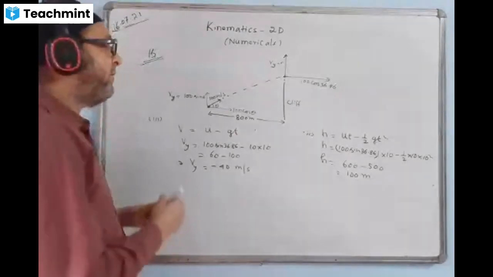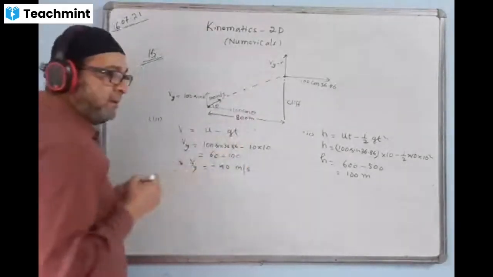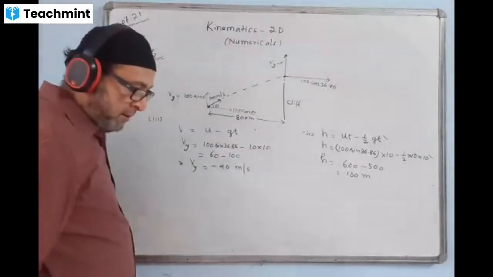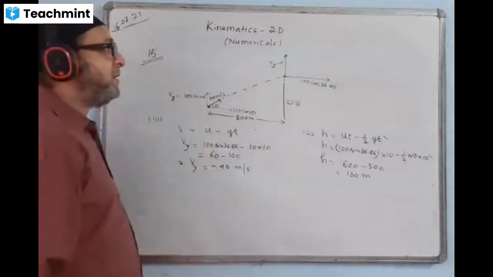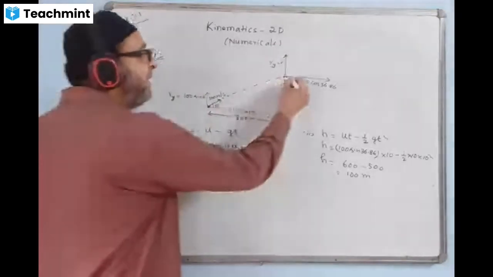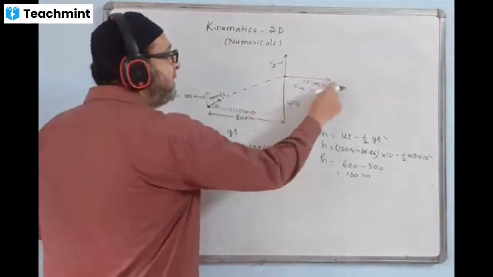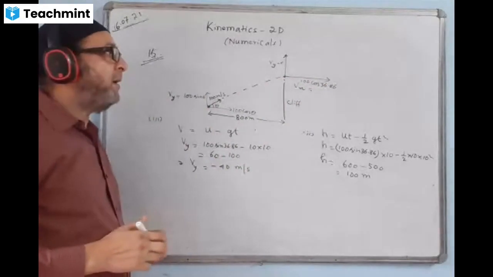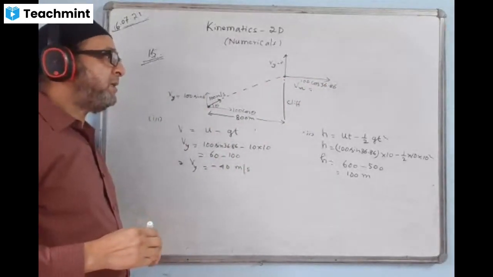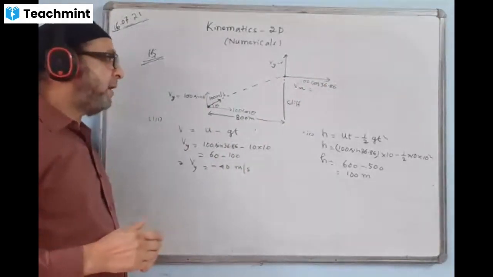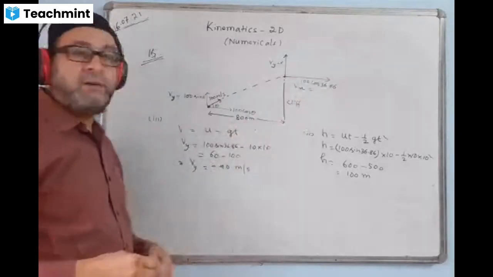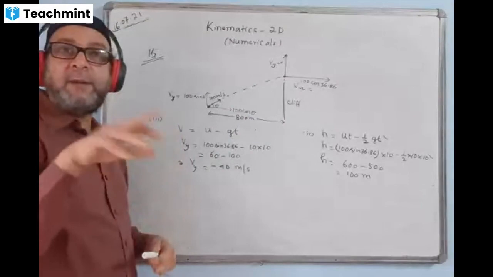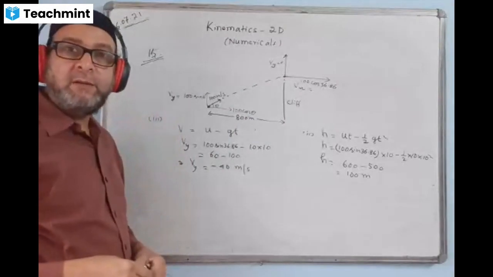We'll keep this Vy value, let us write. In the book it's 40 root 5. No, this is not the final. This is the value of Vy only. What is the value of Vx here? Vx value is how much? 100 cos 36.86. Check. What is the answer here? 100 cos 30. This is the value of Vx. This is the value of only Vy. We'll combine them now by Pythagoras theorem. Then only we'll get the answer.